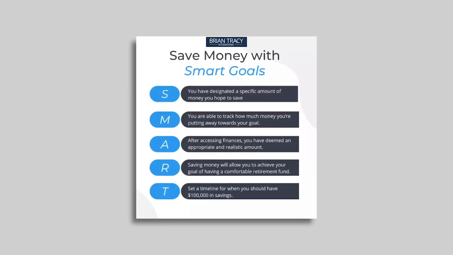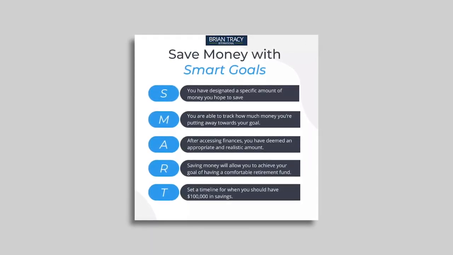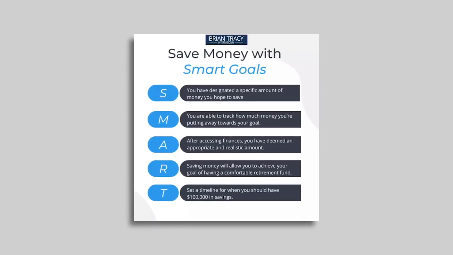We want to be able to set these SMART goals. I call them SMART goals. They're S-M-A-R-T. I'm quoting Brian Tracy, best-selling author, but a SMART goal is a specific goal. It's a measurable goal. It's actionable. You can actually take action and do it. It's realistic and it's time sensitive. S-M-A-R-T. Is it specific? Is it measurable? Is it actionable? Is it realistic? Is it time sensitive? Because if I can help somebody grow a company and I can see a clear path to get there,